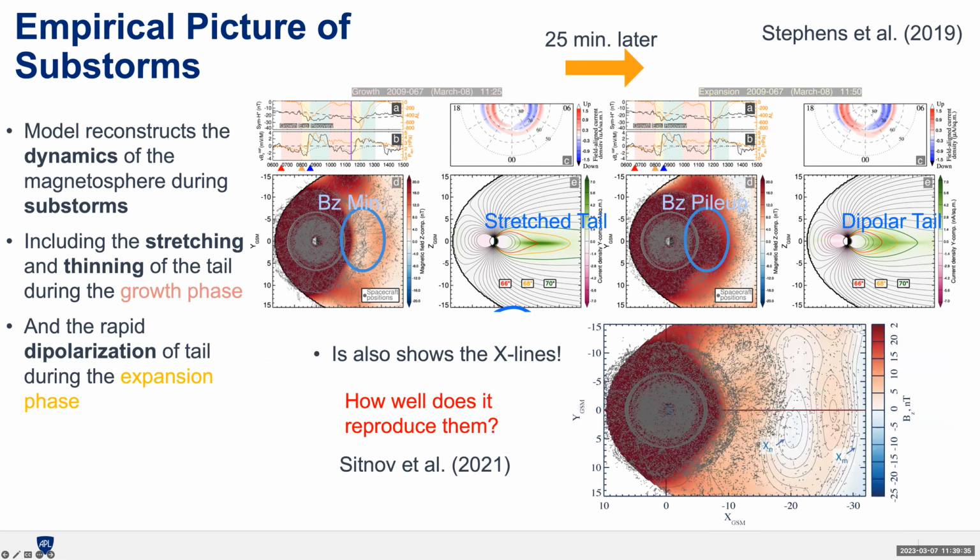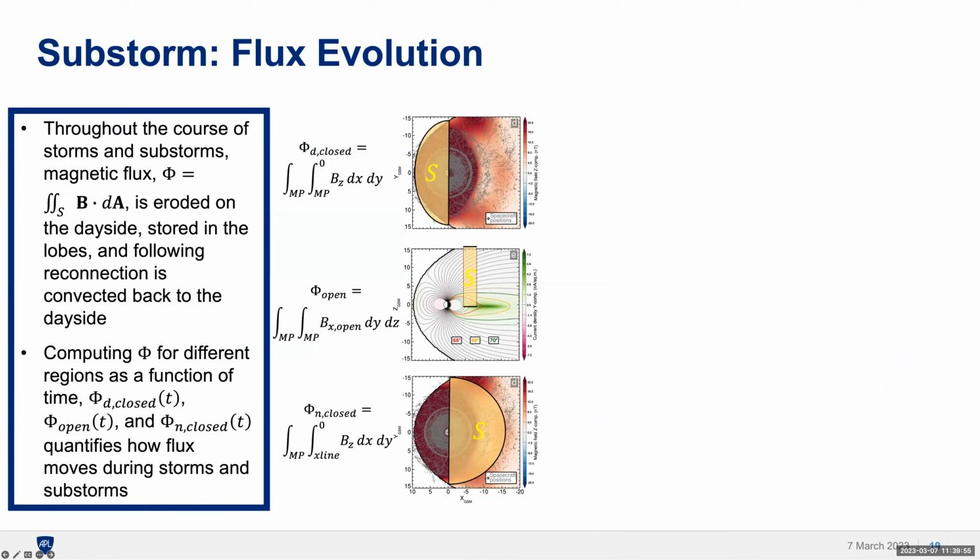And even back then, so this was from 2019, we realized that we were seeing X lines in the tail, but we didn't really know what to think of this result. Are these real, or are these just a result of overfitting? We weren't quite sure, but recently, and one more topic before I move into the X lines,